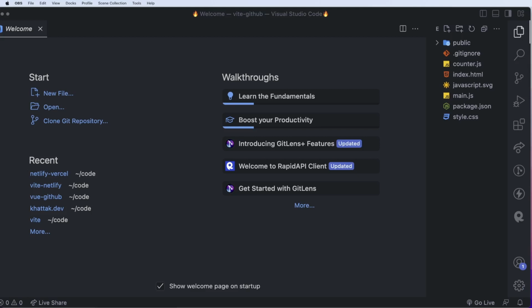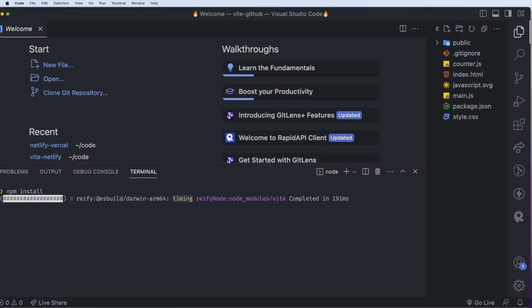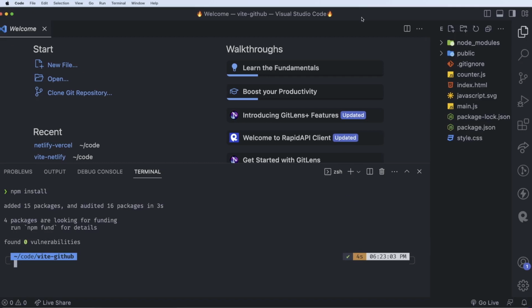The first thing that you need to do is you need to have a project, and in this case I again created a new template, and this is a vanilla JavaScript template, which means that this is a static website. So first things first, I will do npm install to install all the other dependencies. And once we are done with this, before we move on towards the deployment section,